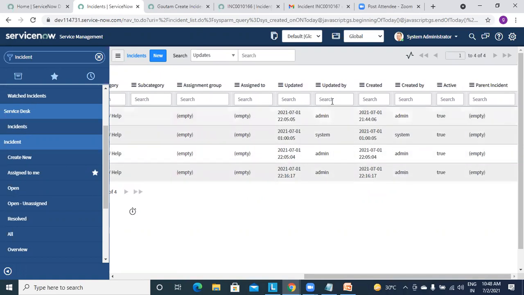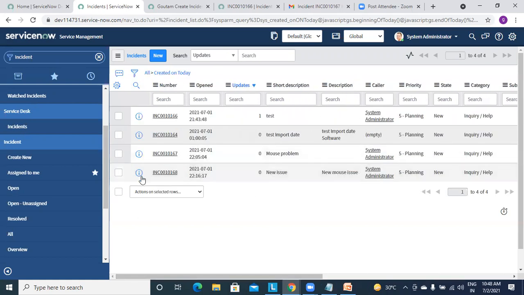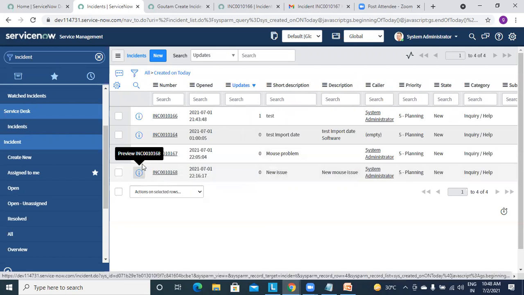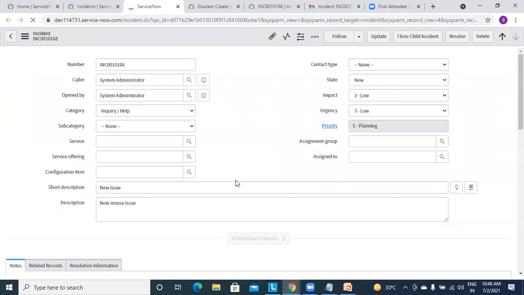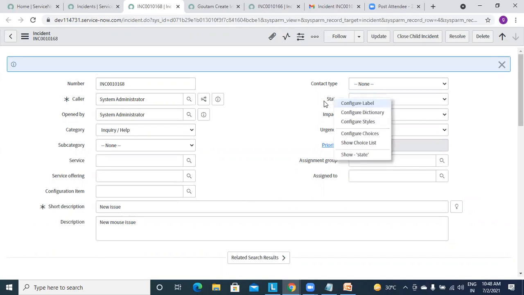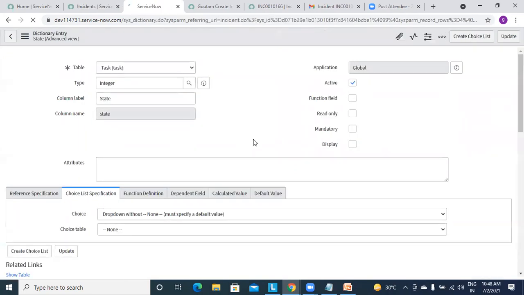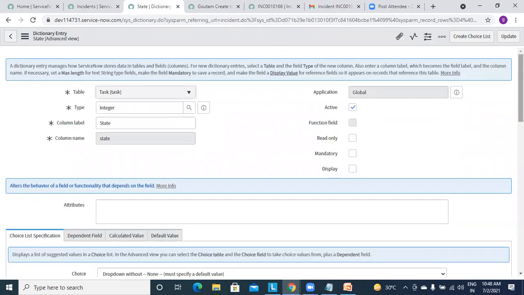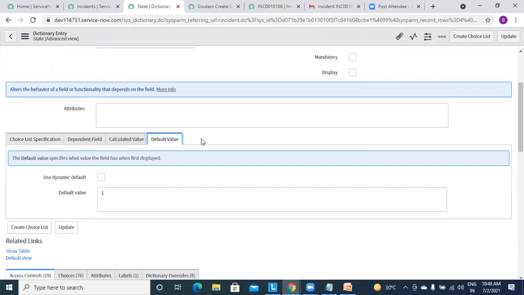And these are all common system fields, right? Updated, updated by, created, created by. These are based on our system updates, so nothing to do here. So let me open this so I can show you why those default fields are getting set. Let's start with state. Go to that and configure dictionary. Here we have the default value, and you can see that we have given value 1.